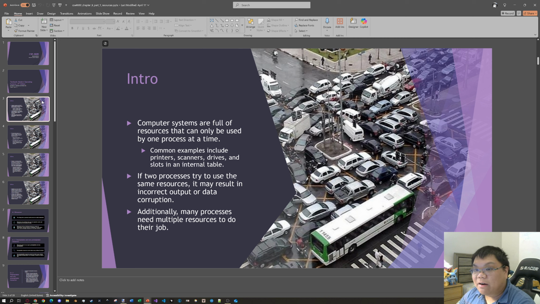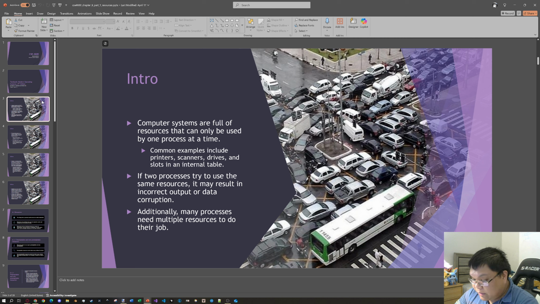Last week we began our discussion on resources and deadlock. So, your computer system, your operating system as a resource manager, your computer system consists of resources that a process needs access to do its work. And the operating system's role as a resource manager is to divvy out those resources in a way that prevents